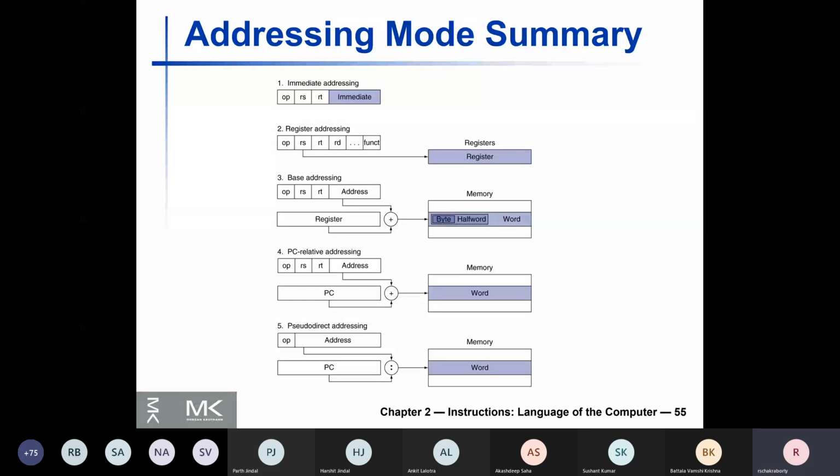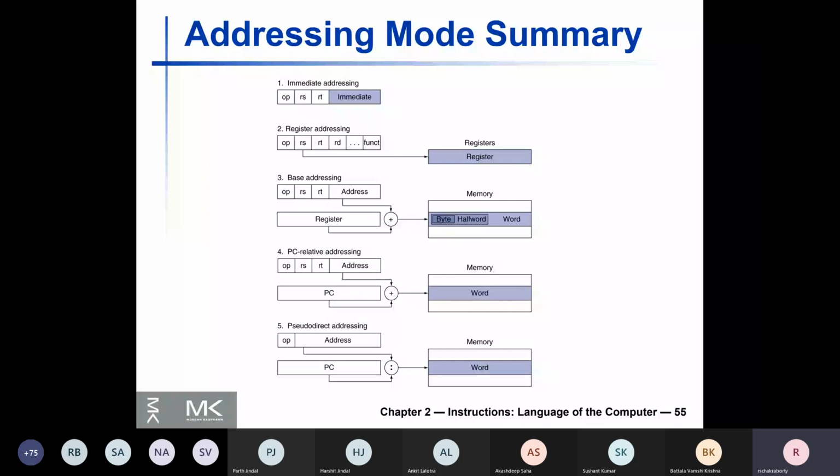So one of the characteristic features of a RISC instruction set, maybe this was taught to you when Professor Bhattacharya taught you, is that the number of addressing modes supported in RISC instruction sets, like MIPS 32, is less compared to CISC instruction sets.